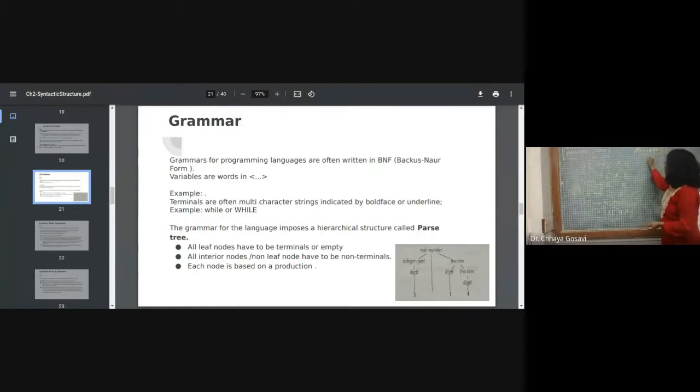Initially, we have to start with the start symbol, then choose a production. I am choosing this third production, E minus E. This is E minus E. Then this is E raised to E. And this is identifier. And this is number. This is E star E. This E is a number 4. Then ID A and this ID.